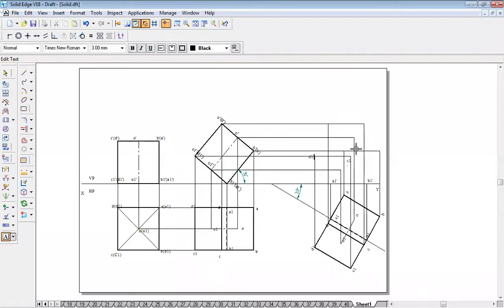Then similarly, this is your point A dash, sorry, this is B dash. B dash, A dash is where? It's over here. This is A dash, C dash is over here. So this is C dash, this is D dash, and this is O dash.